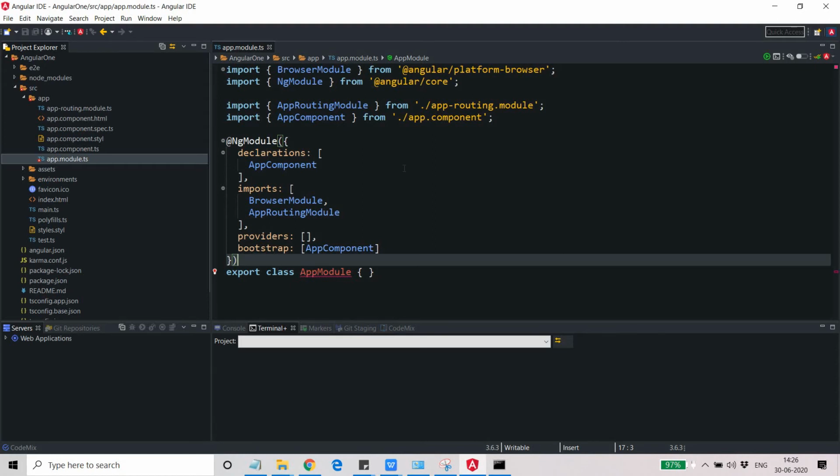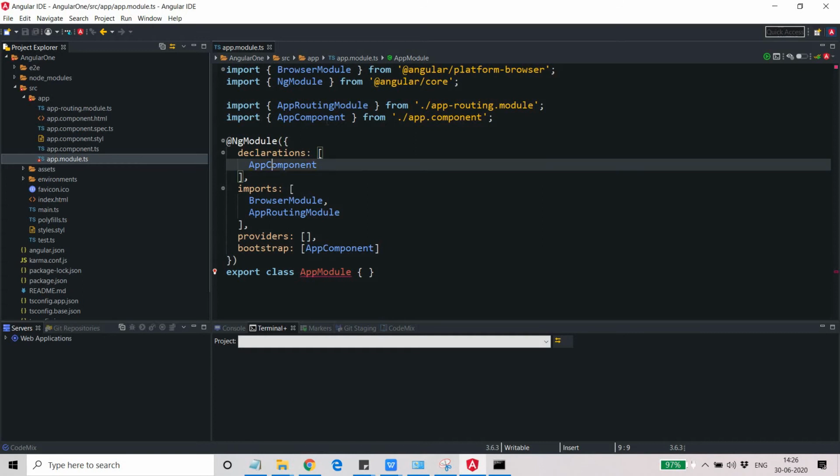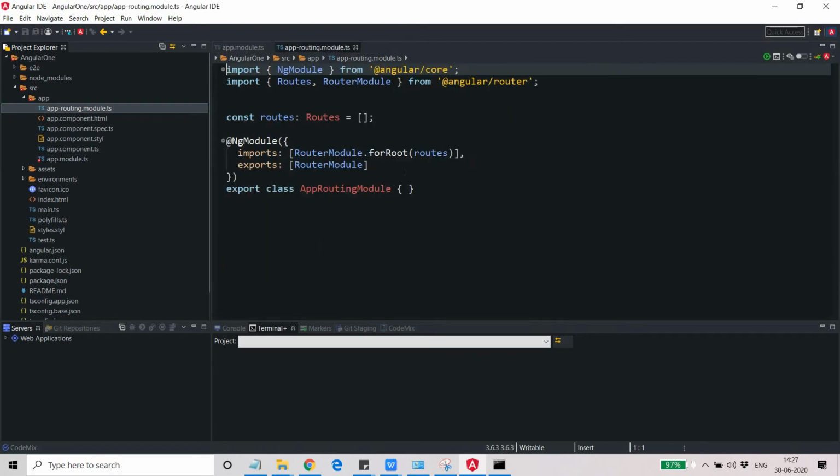I hope you are aware of the general definition of a module. A module is a functional logical separation from one to another module, right? It is a functional separation to exhibit a different kind of functionality of a product, right? So here I have only one module, which is the main module, and this module will compile app component, which is coming from the app routing module, and browser module, and the app routing module. All these should be available here, right? So these are all here.